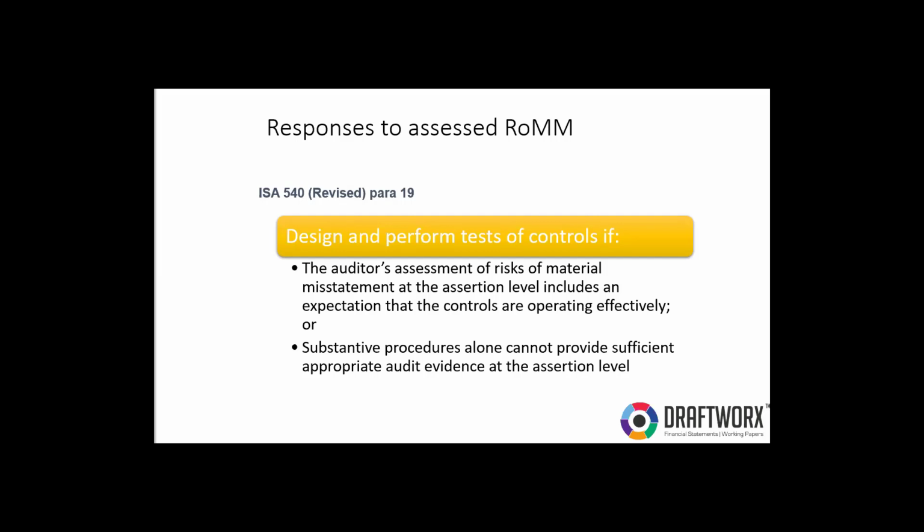All right, but the point I'm trying to make is that it is important that you always obtain an understanding of control. Do your system descriptions and walkthroughs. That you must always do, specifically as it relates to controls relating to accounting estimates. So it must include that. It must cover that. Your standard system descriptions might not cover it. You must make sure that your system descriptions include the accounting estimates so that you can assess the controls surrounding that as well. And then determine your appropriate audit approach, whether it's control testing or not.